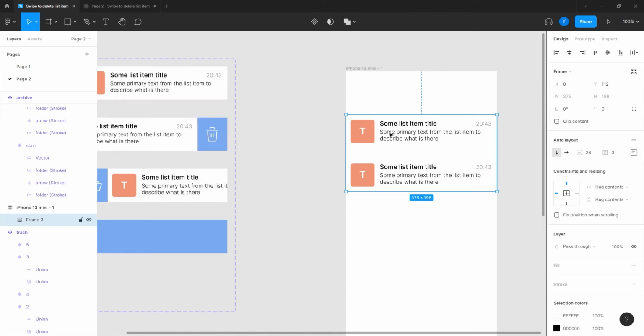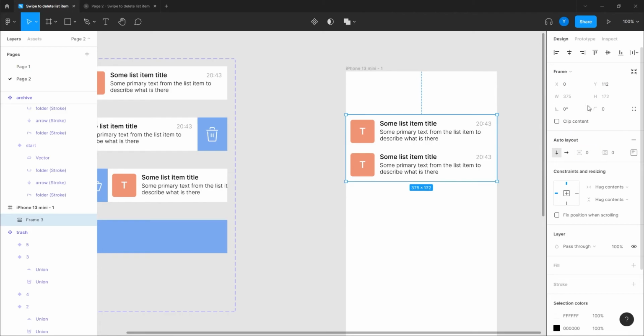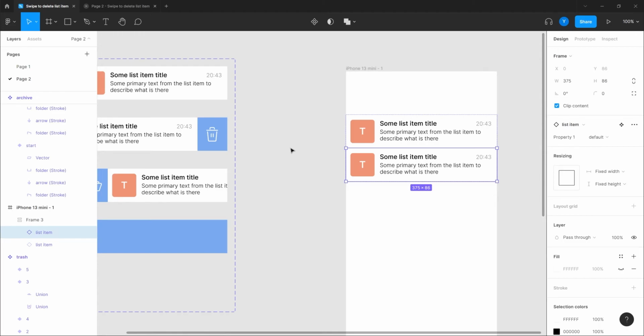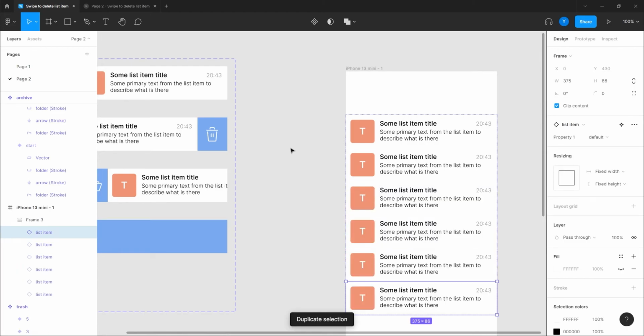By the way, I'm not working with a space in the auto layout itself. I will explain why. I'm going to give it a 0 like that, and now I will duplicate it a few times.